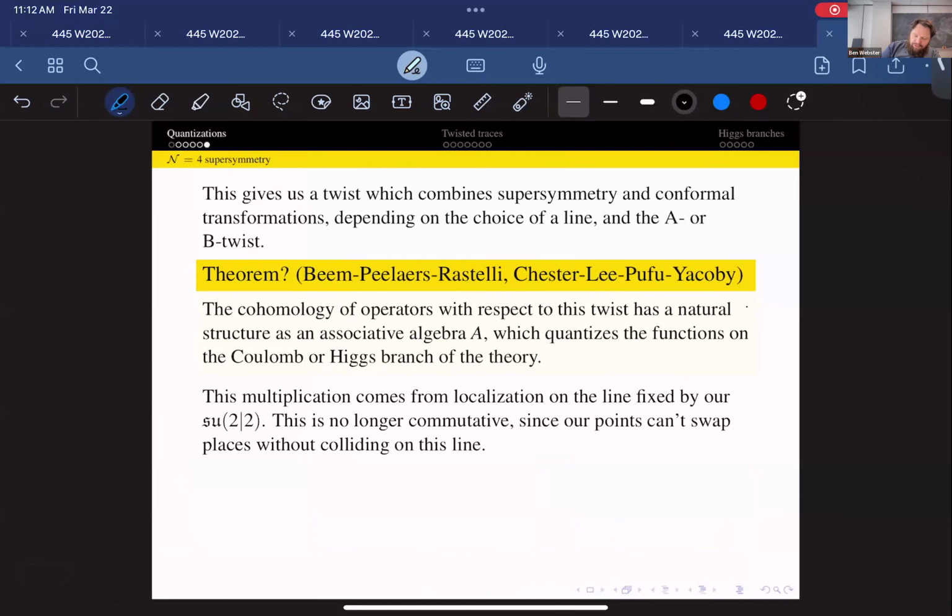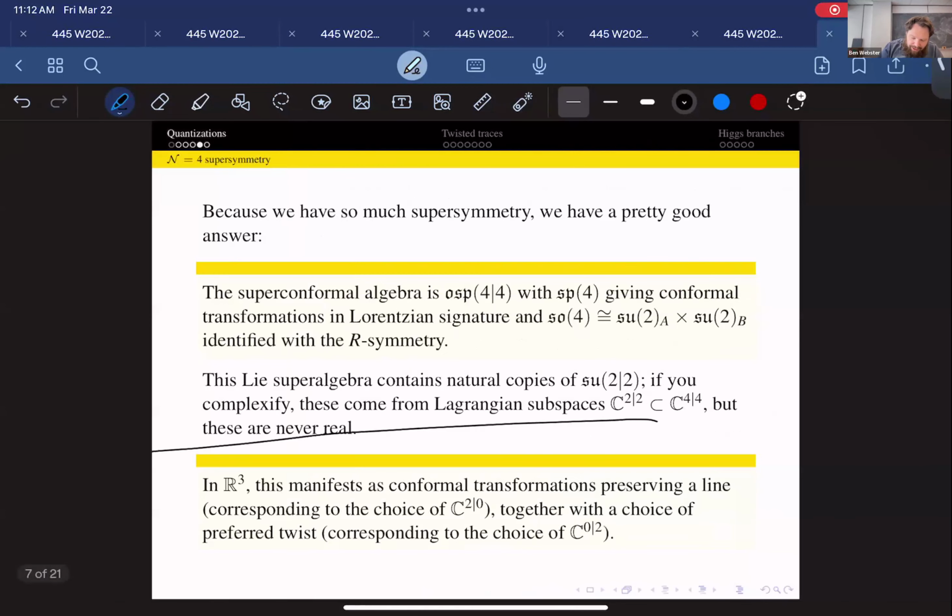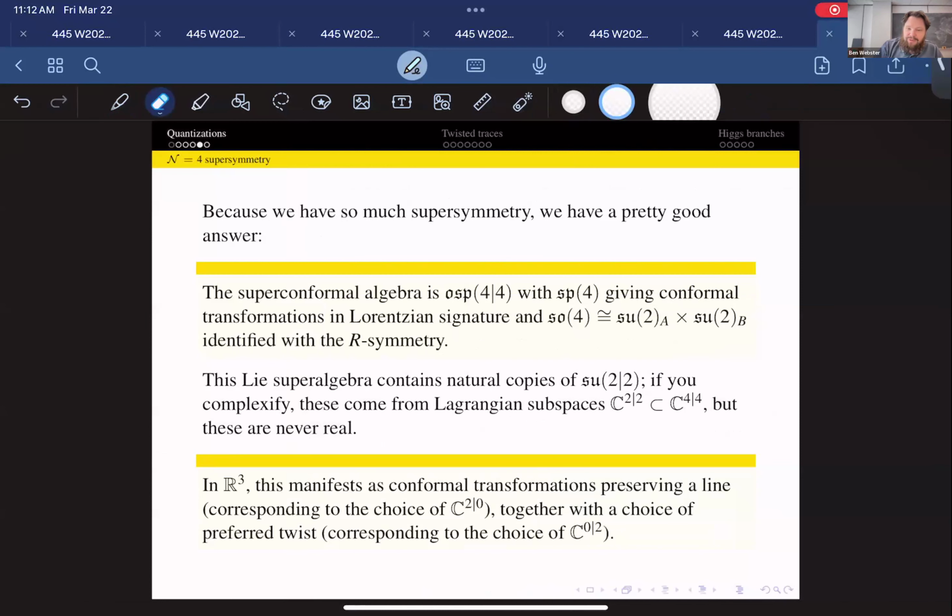So if you look in these papers of Beem, Peelaers, Rastelli, and Chester, Lee, Pufu, Yacoby, I knew I was going to forget some of those names if I didn't look. You get sort of natural twists, which are not quite just the topological twists from before, but also incorporate some of the conformal structure. And these come from copies of SU(2) in the superconformal algebra,